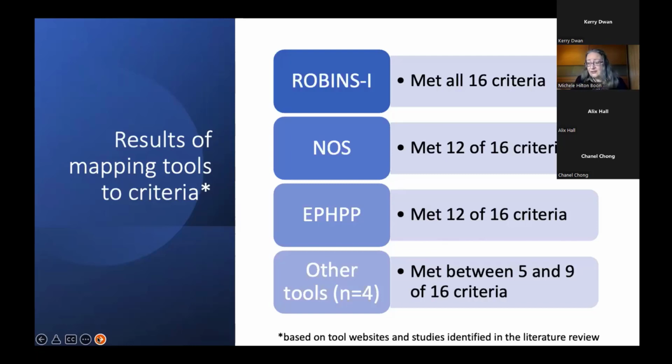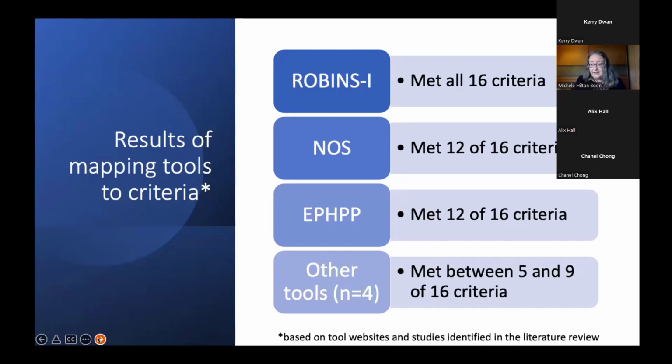Judgments of whether the criteria were met or not were based on the documentation publicly available on the tool's respective websites, the content of the tools and their supporting materials, and any publications on their development and performance that were identified in the literature search.